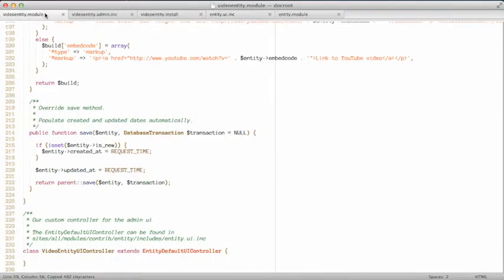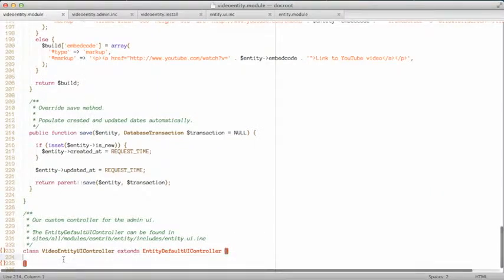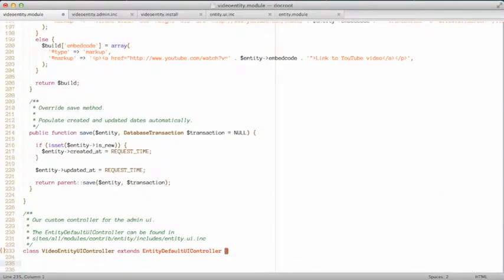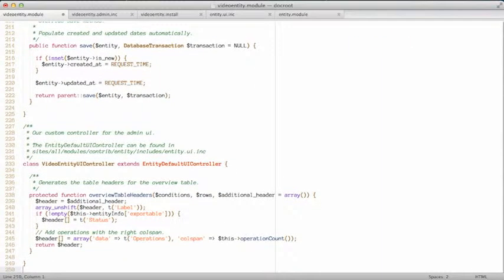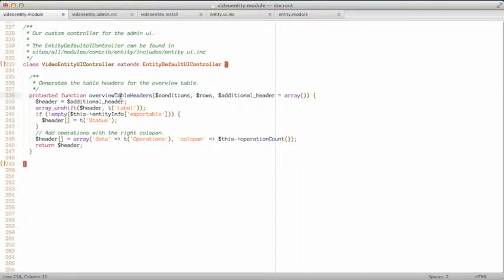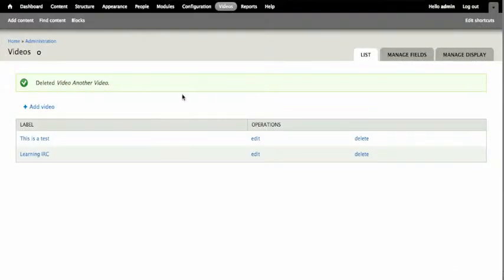into our video_entity.module file, and I'm going to put it inside of the video entity UI controller class, just way down at the bottom of my file. So now, whenever the video entity UI controller is invoked and the overviewTableHeaders method is called, it's going to call the version in our class here rather than in the default UI controller. And all I have to do is change this from label to video. And this should work so that once we go over to our page and refresh,